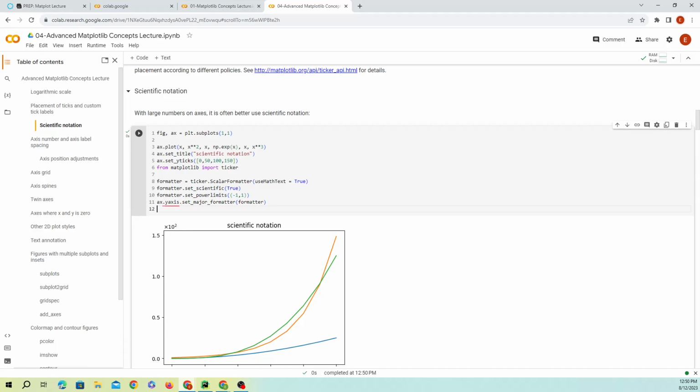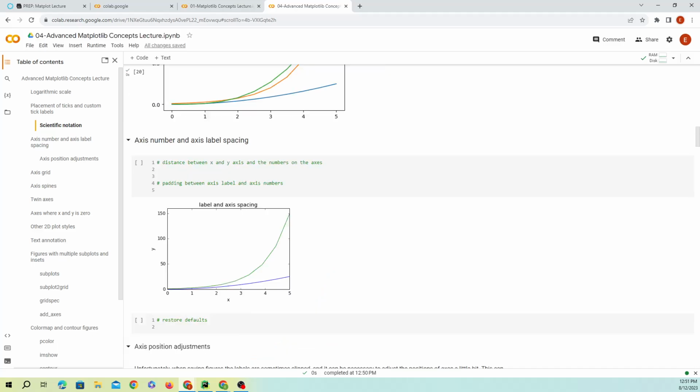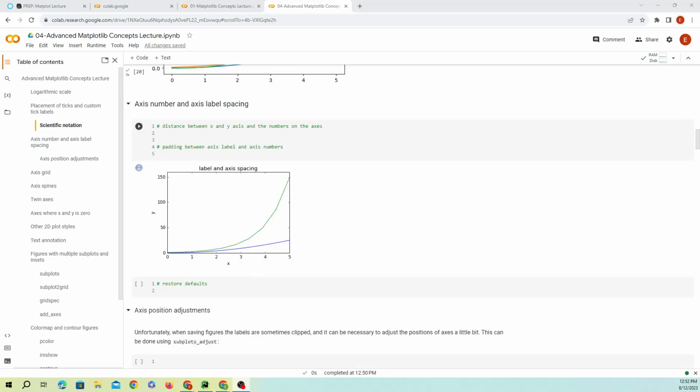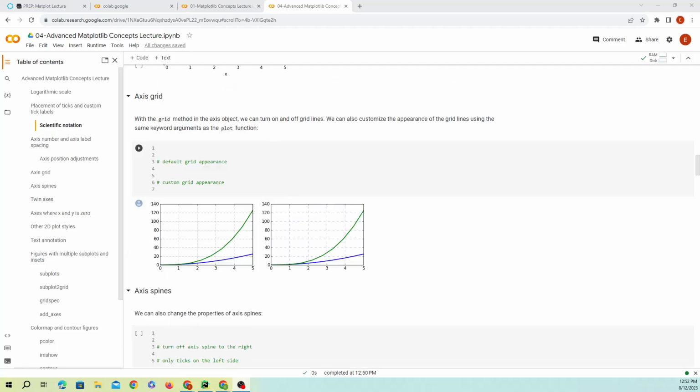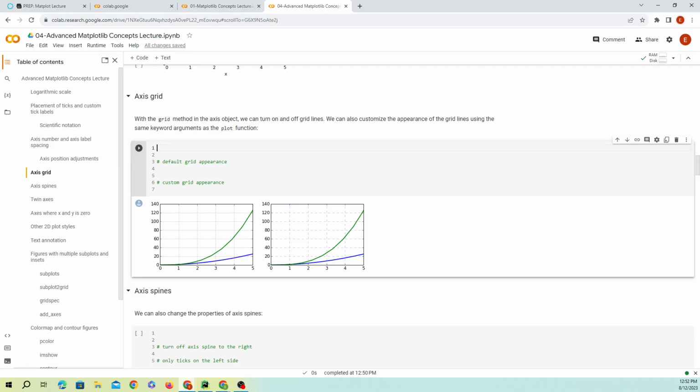All right, so now the next ones, they don't do much. I'm not gonna skip those. Axis position adjustment also. We're gonna go into the grid. This is good because this is actually useful. So we're gonna jump into the grid. We're gonna create our axis equal to plt dot subplots, figure size